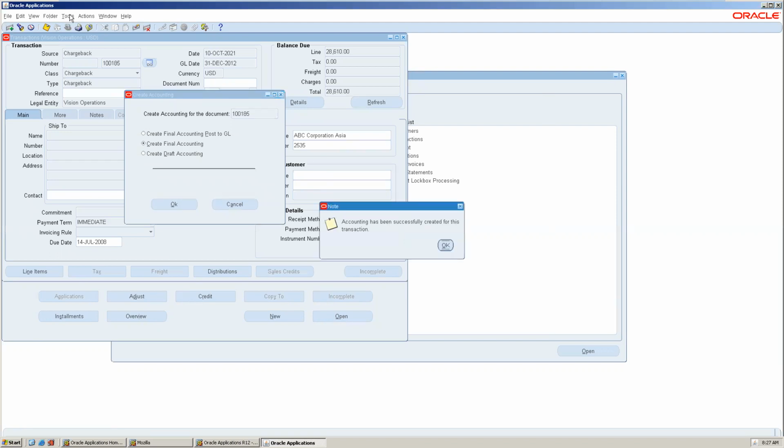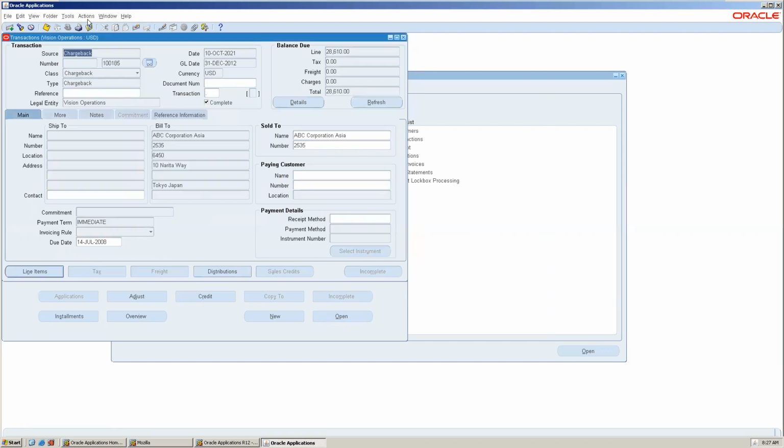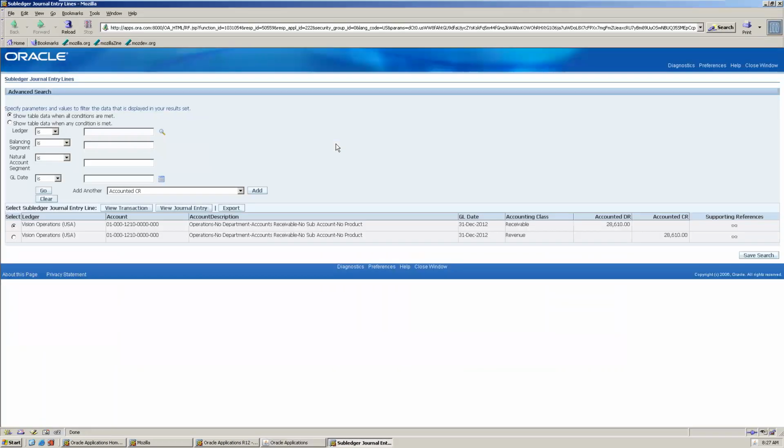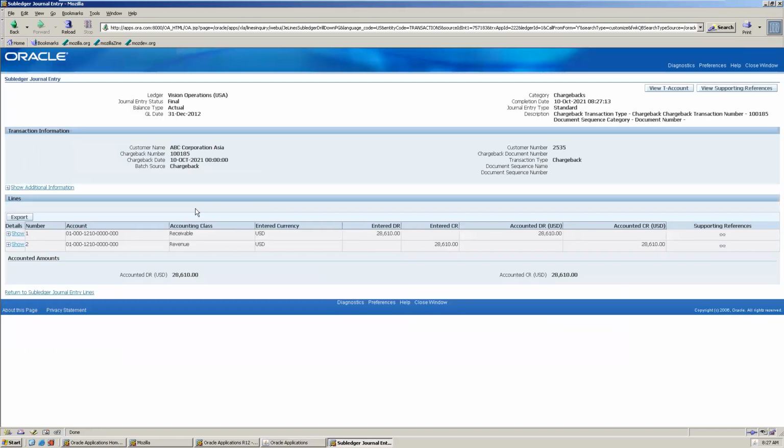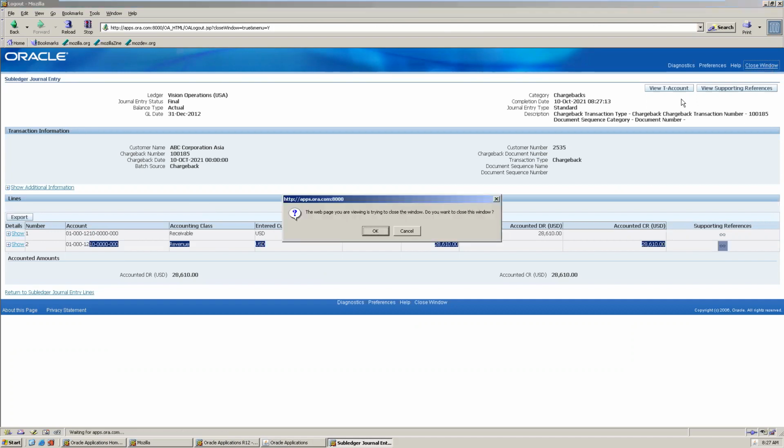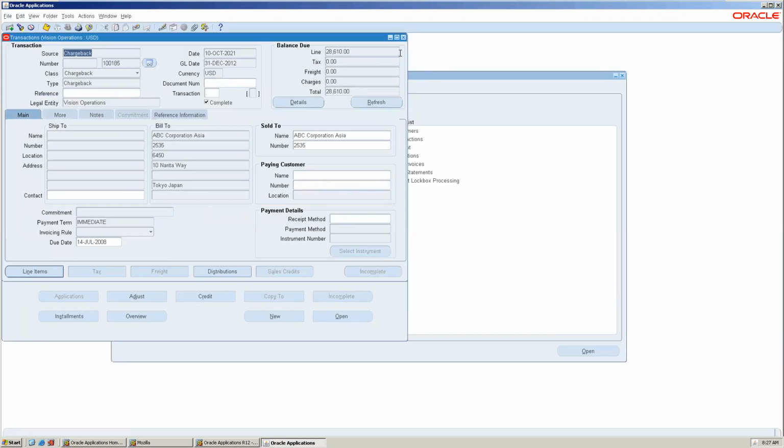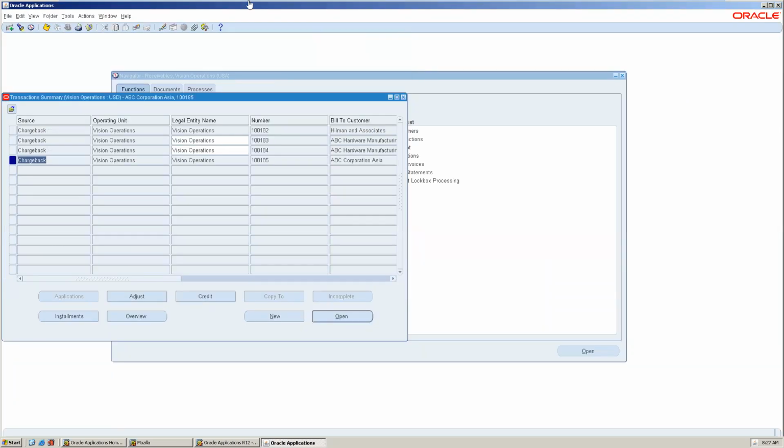View accounting. So debit and credit is the same account. It doesn't affect anything. But we are knocking off the existing receivable amount. That is the charging back. Okay. Right. Now,